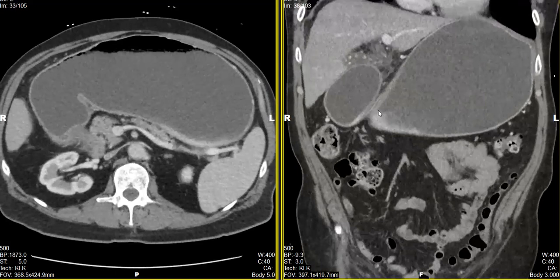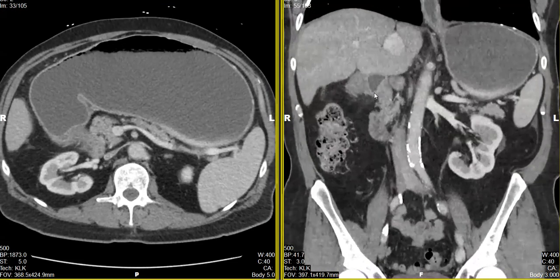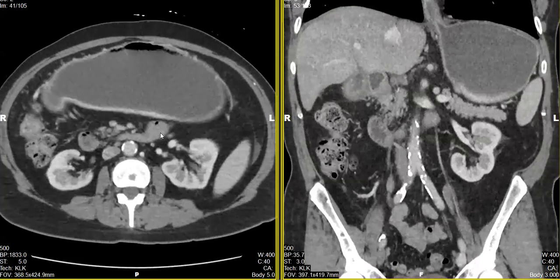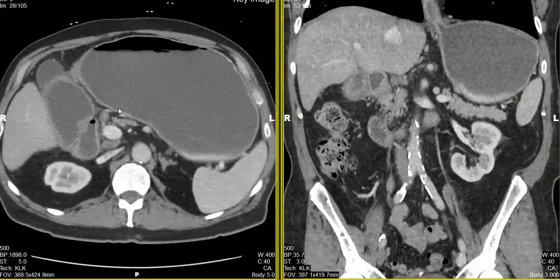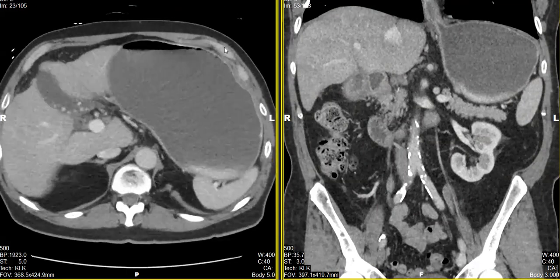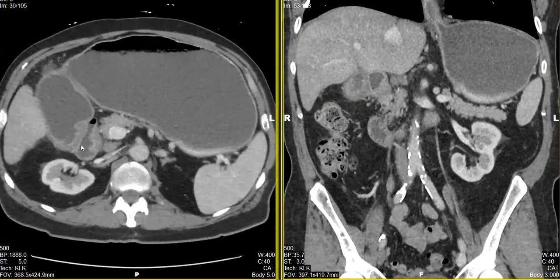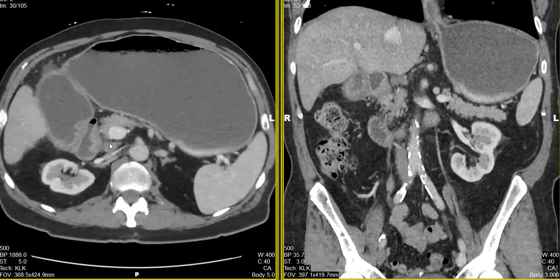And on the coronal images also, we can see there's narrowing at the level of duodenum right here. Small bowel loops otherwise are normal in caliber. There is no evidence of obstruction. We incidentally noticed some gallstones there in the gallbladder lumen. And so there was concern for any obstructing stricture or a mass lesion at the level of duodenum based on